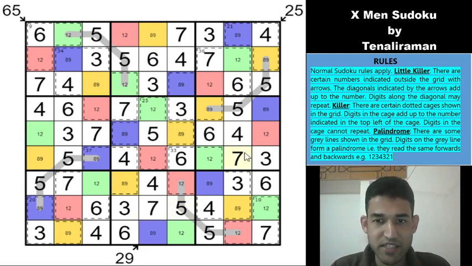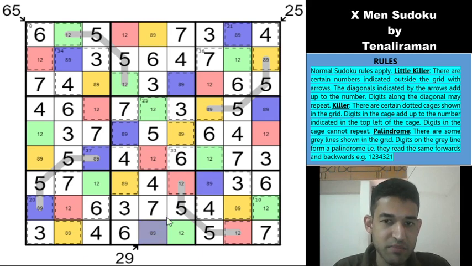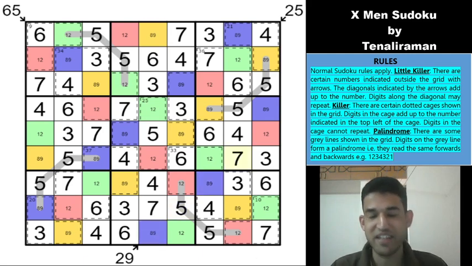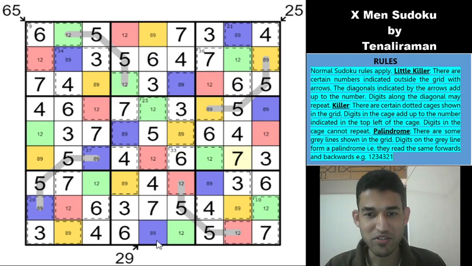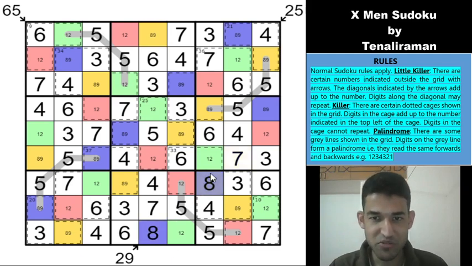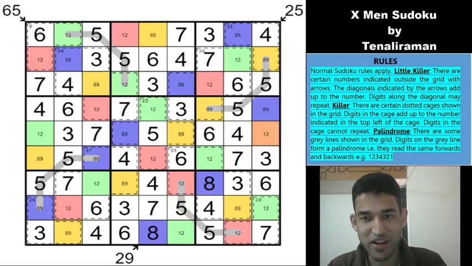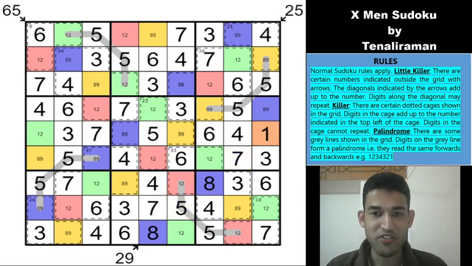So you have 5 and 7 here, that gives 12. And we know that both of these cells are blue, they will be equal in value. And if I have a 9 here, then these two cells become 18. 18 plus 12 is 30, which is not going to happen. So which means that this blue cell would have to be 8, this would have to be 8, and that gives us 16. 16 plus 12 is 28, and which means that the red cell is 1. So we have got 1 of 8 and 9, and we have got 1 of blue and green. I'm sorry, red and green, which means that we can place all these cells now.